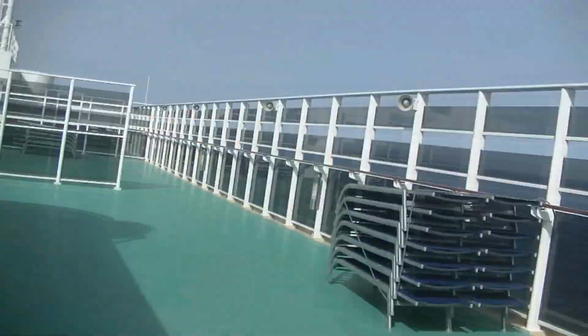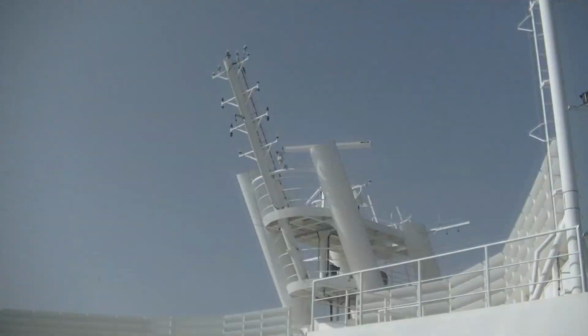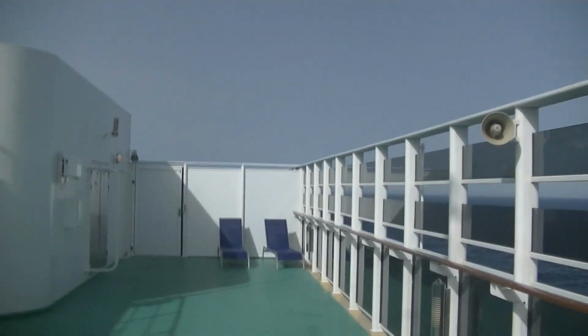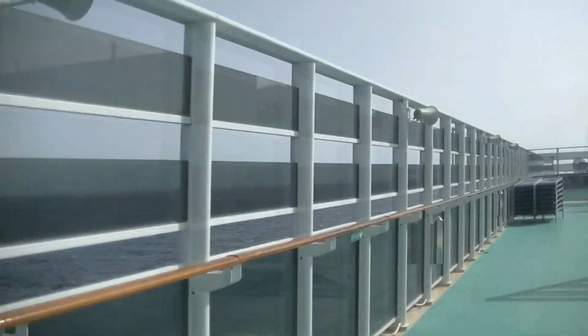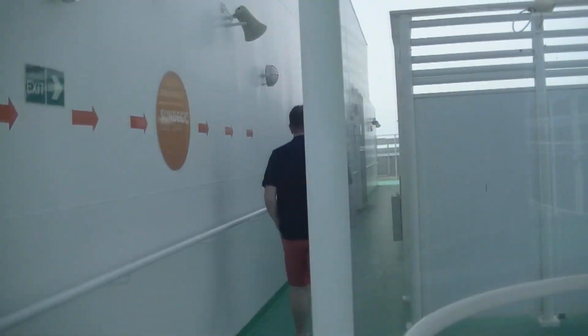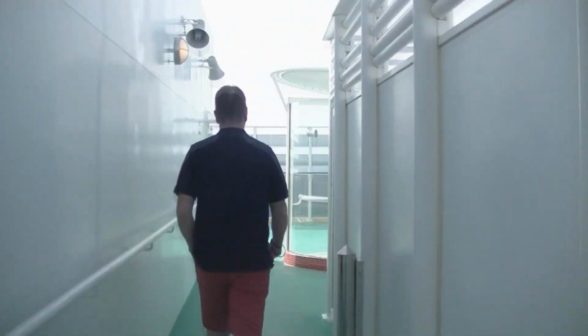Now, allegedly this camera's got wind protection. I'm not guaranteeing anything. Quiet zone. You be the judge. There's the old radar. It looks like it's closed off today because... oh no, it's not going this way. It's getting worse than it was before, but